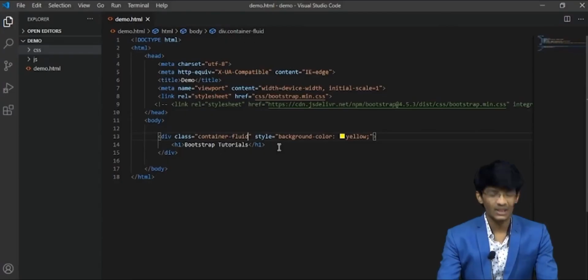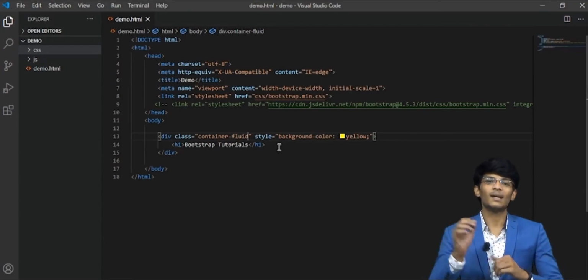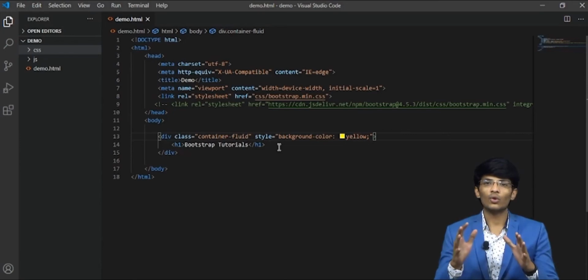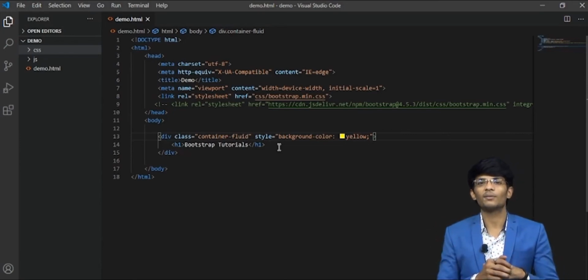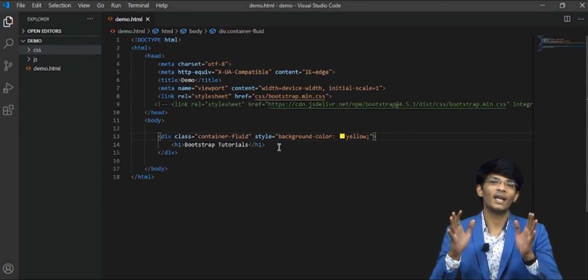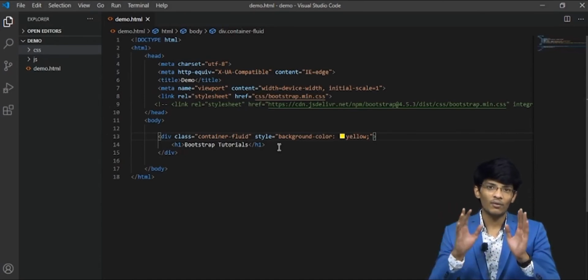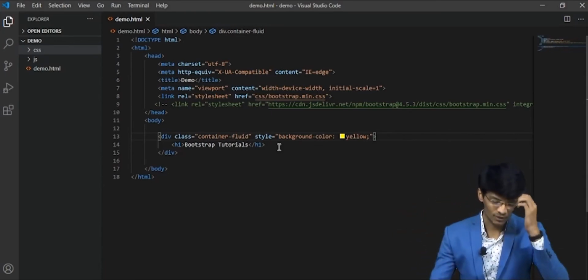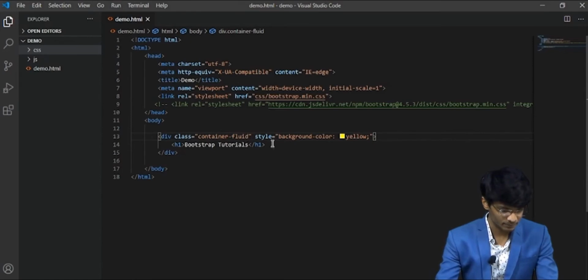Okay, so now we will see what is flexbox. Well, there is no big difference between flexbox and container, but inside a flexbox you don't have to define a row or a column for giving the small div inside flexbox. Now I'll show you an example.